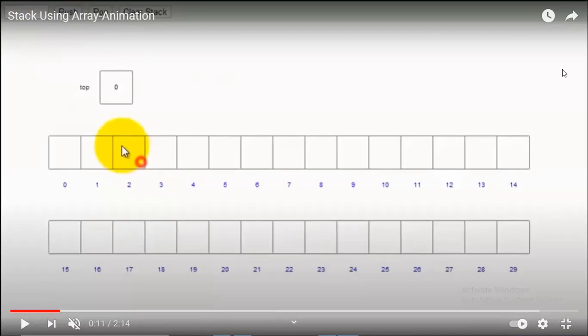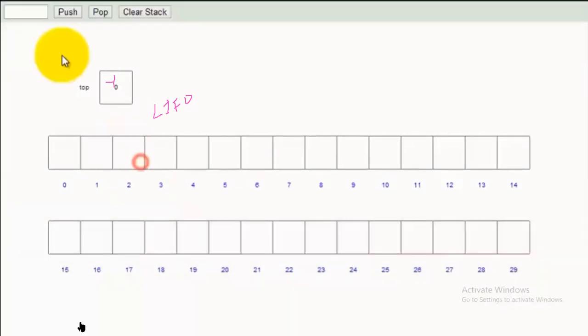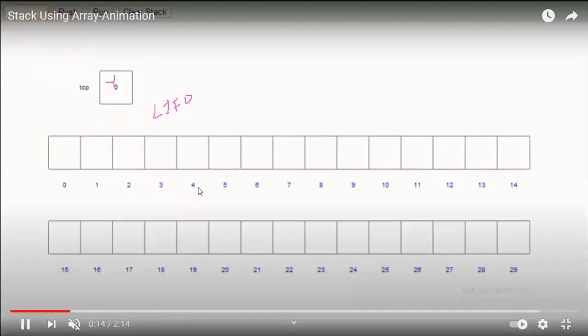Stack follows last in first out. Remember, last in first out, that is, the last element inserted is going to go out, and we have a concept called top. So initially we analyze that top equals -1. Now I'm comparing today stack using array, stack using linked list, queue using array, queue using linked list. So with respect to this, you need to understand the program.